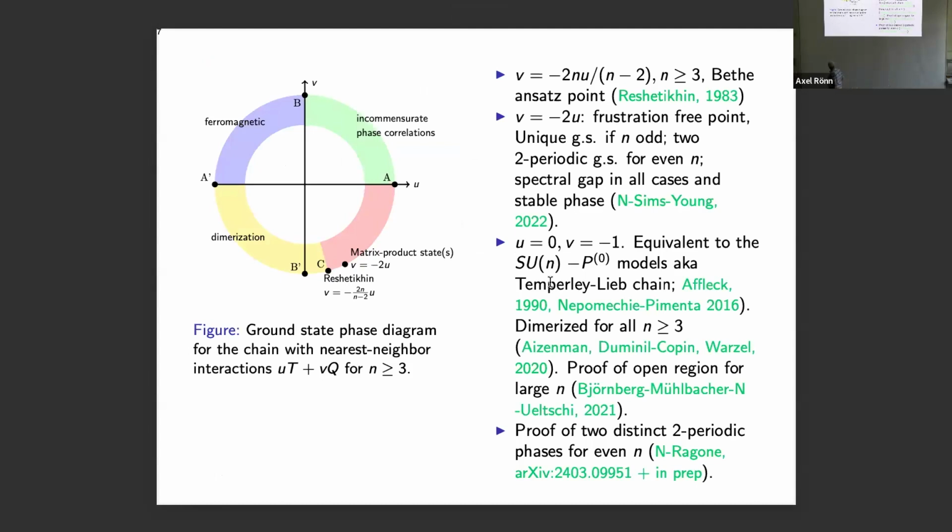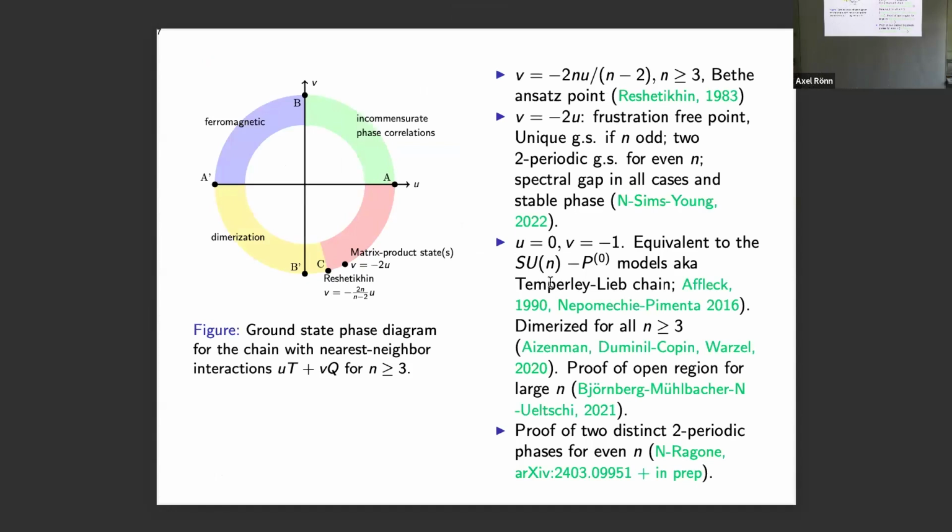So there is a parameter u and v. The magnitude really doesn't matter very much. The ratio and their sign matter. You get a phase diagram, and you can plot it on a circle. You can assume u squared plus v squared is equal to 1, say. And you find that this spin chain